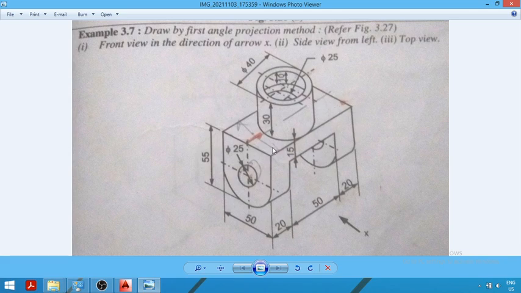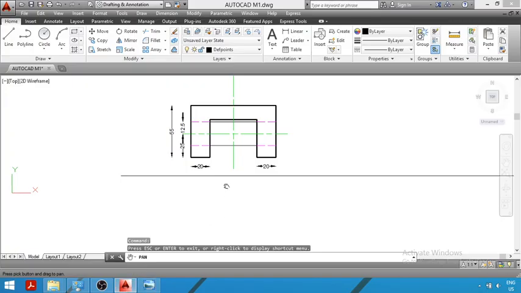Now, this surface is rectangular in shape. This entire surface is rectangular in shape. It is clearly visible that this surface is rectangular in shape. The length of the rectangle will be equal to 90 mm from here to here, and the width will be equal to 55 mm. So, first we will draw the top view of this lower part, and you know that the first surface that is visible is rectangular in shape. So, now we will draw the rectangle with width equal to 50 mm. The length of this rectangle is equal to 90 mm and the width of this rectangle is equal to 50 mm. So, in the next step we will draw the rectangle in the top view.